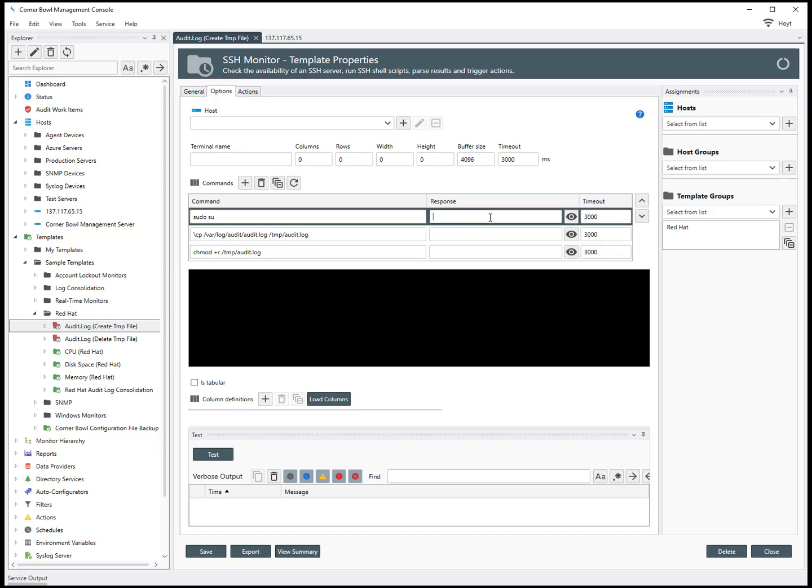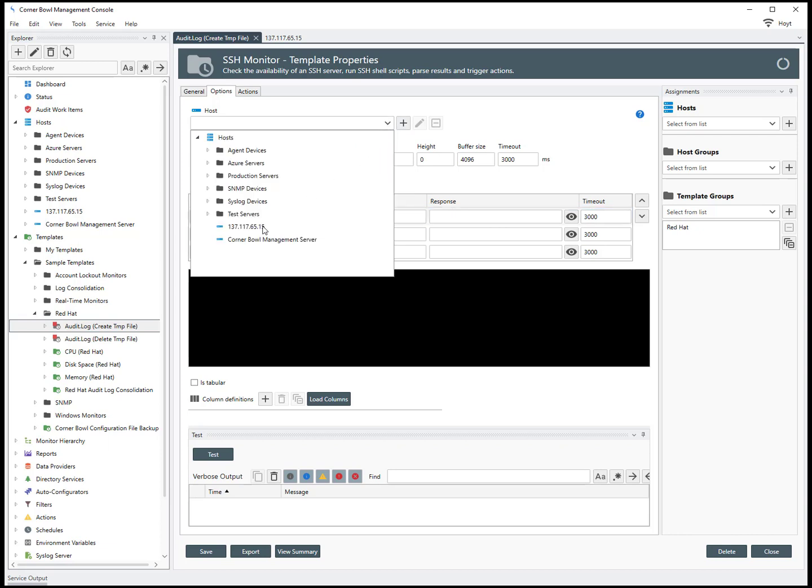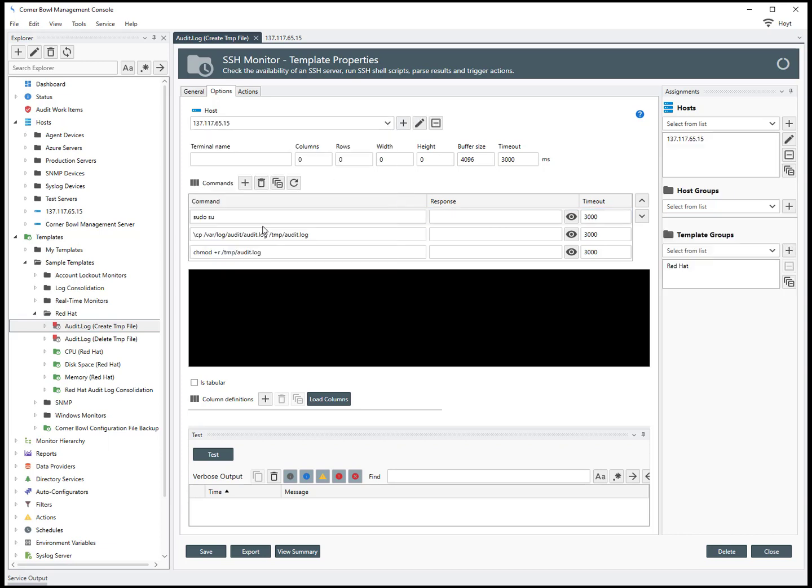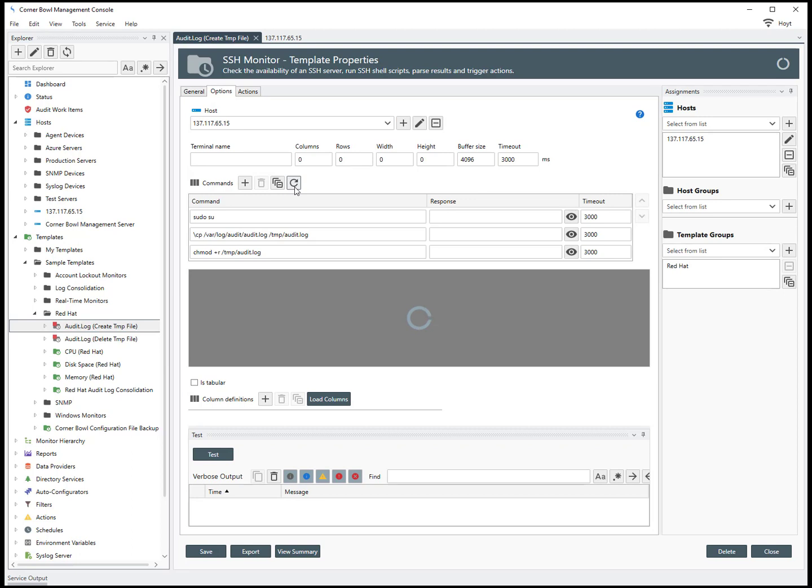Use the response field to insert any required passwords. This value is masked in the viewer and saved using FIPS-compliant AES encryption. To test the template, select the target host, then click the Execute button. The results are displayed in the shell viewer. For example,